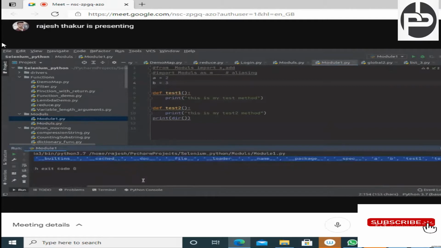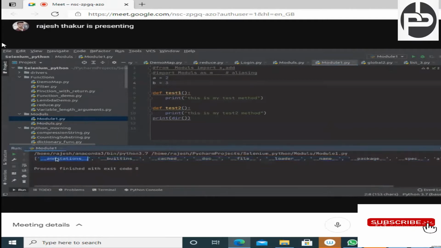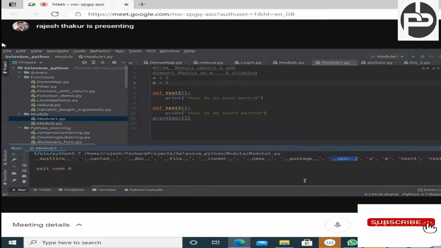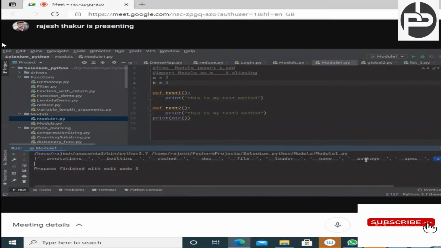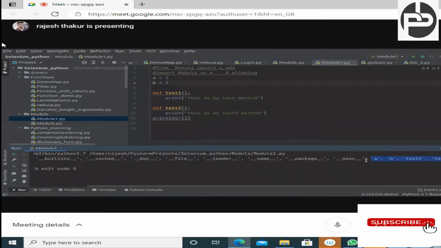All those things with the underscore, leave them, we will discuss that later. Built-ins, cache, doc, file, loader, name, package, spec, these are the inbuilt variables. So each module has its own inbuilt variables. What is ours is what is without the underscore. These are the variables we have in this module, right?